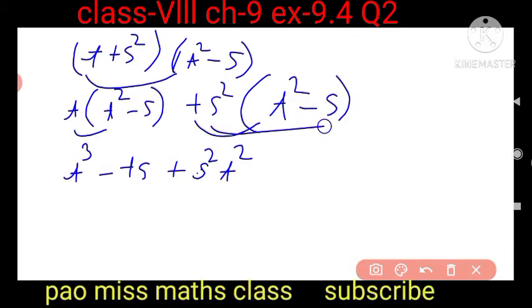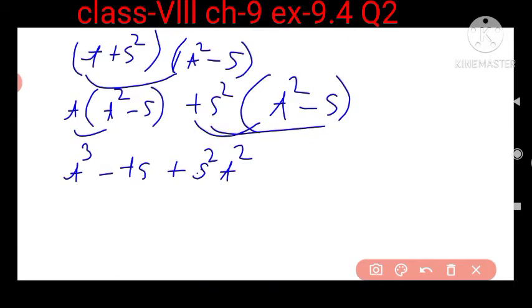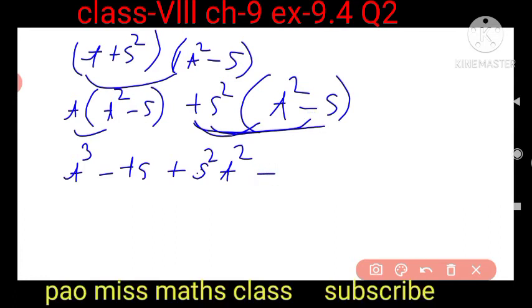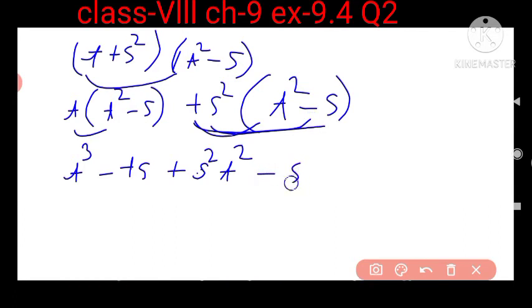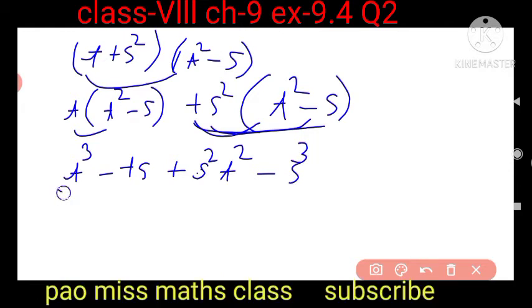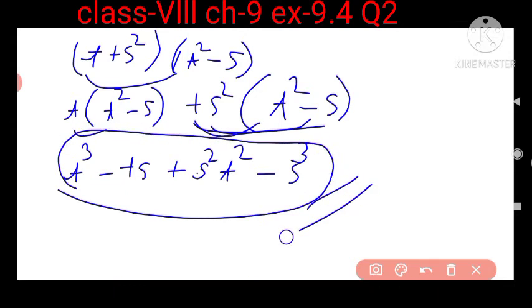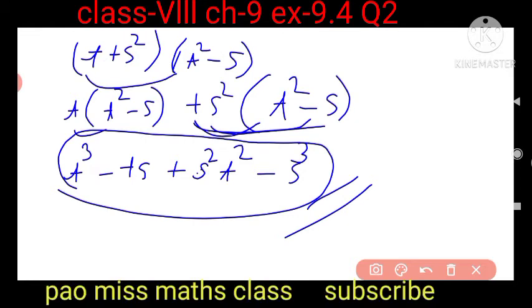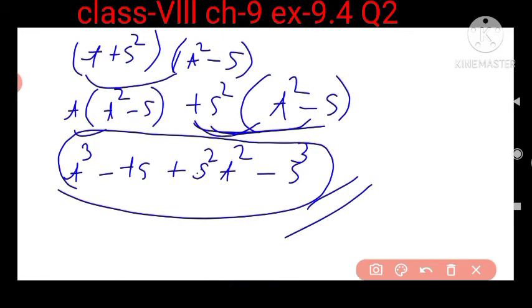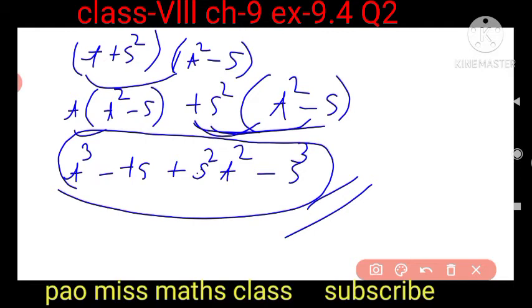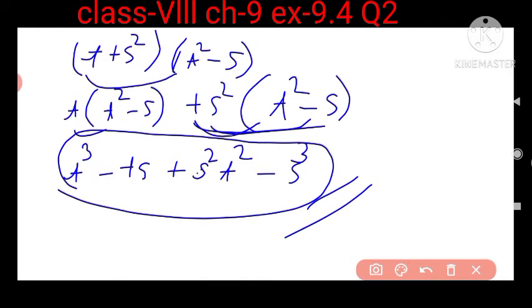Now s square, now you can see the sign here, plus and minus. So first we have to see the sign, okay? Plus and minus is what? Minus. s square into s will become s to the power 3. Now is there any like term? No, there is no like term. So this will be the required answer of this question, okay? If there is no like term, then we cannot solve further, isn't it? So this is the answer for this question. Okay, write it down. Now I am going to rub this out and show you the next question. Or else if you have not completed, you can take a screenshot and write it, okay?